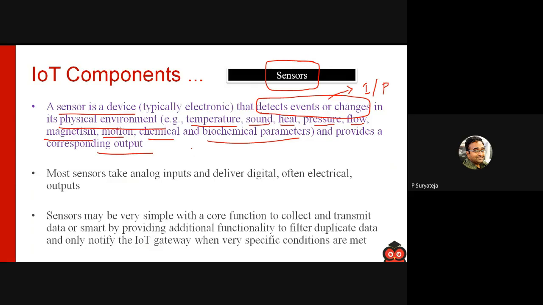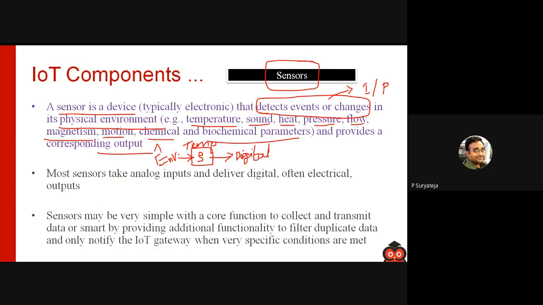So let's say this is a temperature sensor. It will take the temperature from the environment and convert it into digital format.